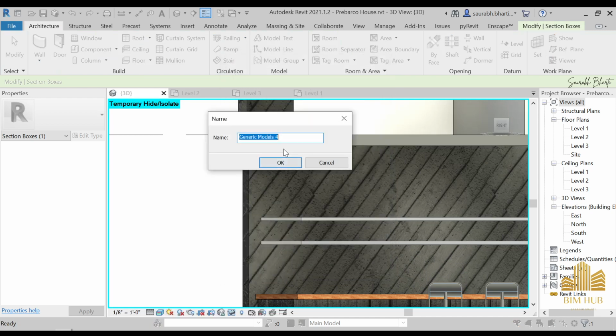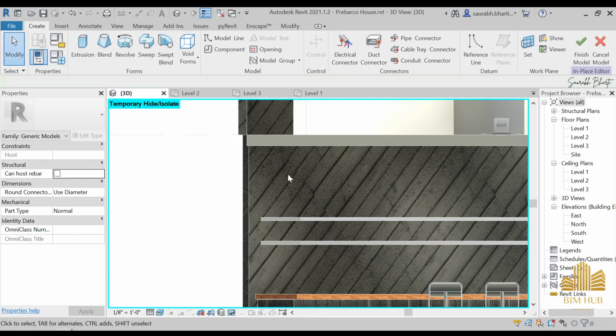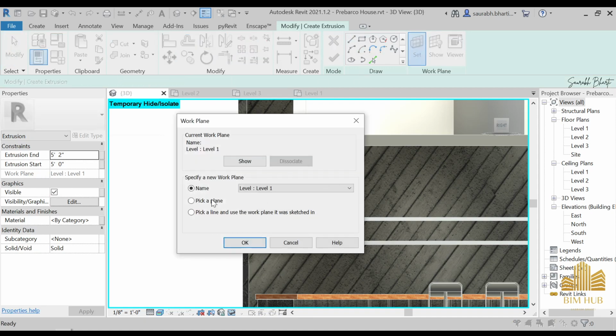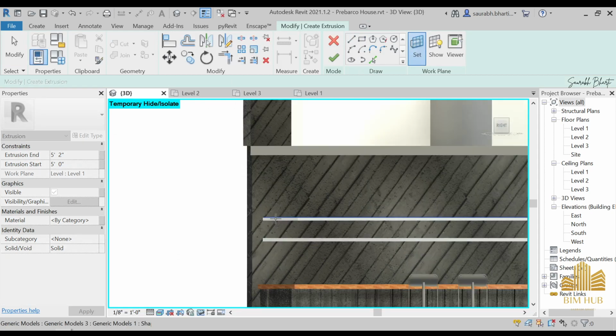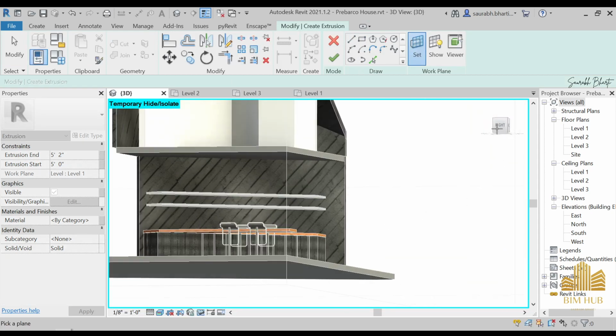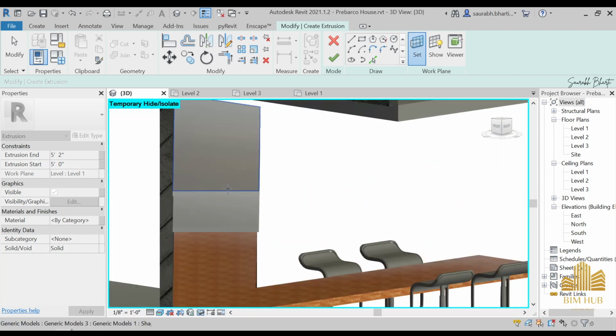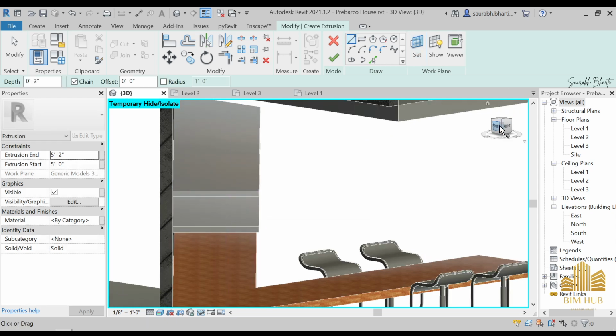Go to model, generate model, and we will rename it as, what do we call that, stand. Okay, I know it's not a stand, but I don't remember any name right now. So just do it like this, set, pick a plane, and then go to right side. Let me check if I can use this plane. Okay, I can use this plane, so I've just selected it, and then go to front view,